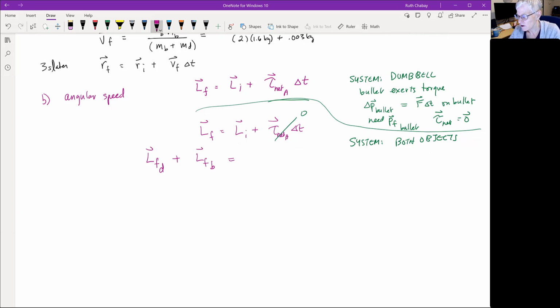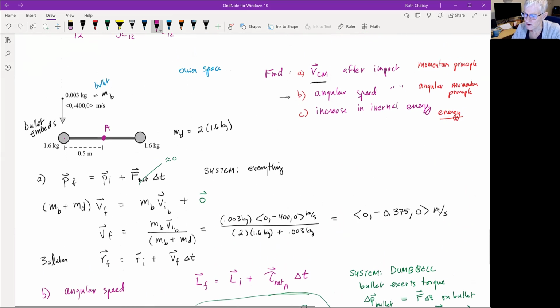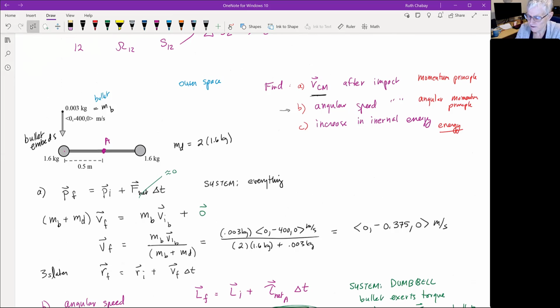And initially the dumbbell is not rotating, so the only thing we have is the initial angular momentum of the bullet. So let's see what the initial angular momentum of the bullet's going to be. So this is going to be translational angular momentum, and we want to take the bullet right before it hits,